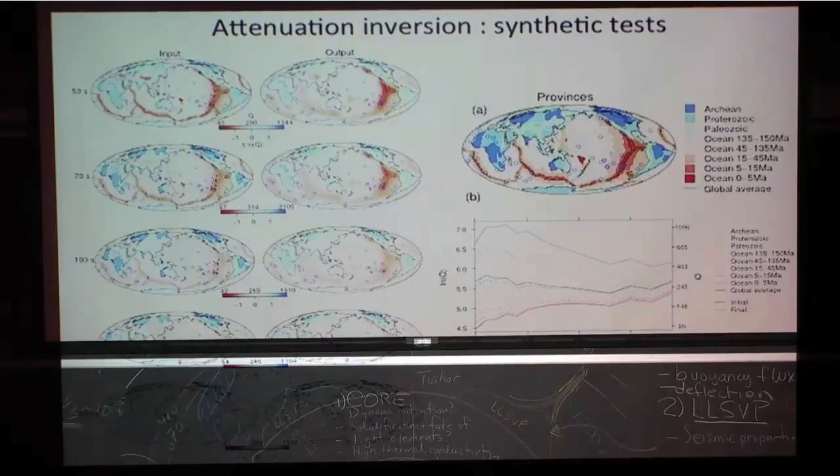beneath continents. So when I started, the first time I inverted for the 1 on Q, I started from this PREM model, and what I get beneath continents is my a priori. Everywhere I couldn't get rid of that. So you have to be careful of your starting model. And the choice that I made after is to start from a Q which is constant with depth, in fact. And this is much better.